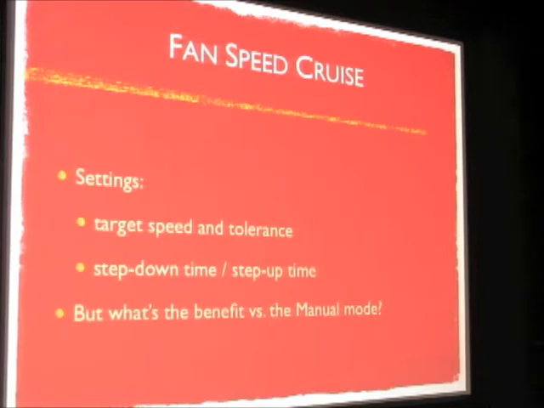So the third option, the first option was manual control, the second option was thermal cruise, and the third option is fan speed cruise, as I mentioned previously. In the fan speed cruise mode, you can have a setting for target speed and tolerance. And you can also have a setting for step down time and step up time. But frankly, I've thought about the fan speed cruise mode, and it doesn't make much sense. I don't see the benefits of the fan speed cruise mode